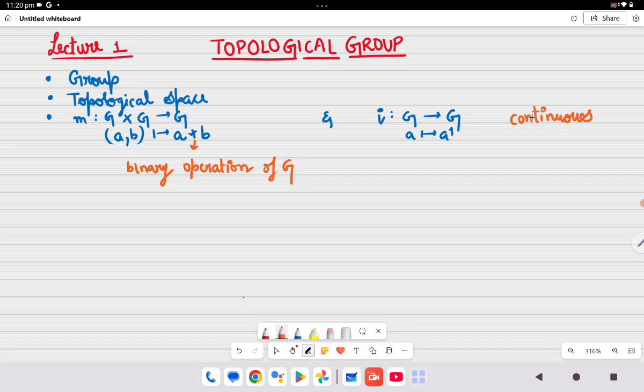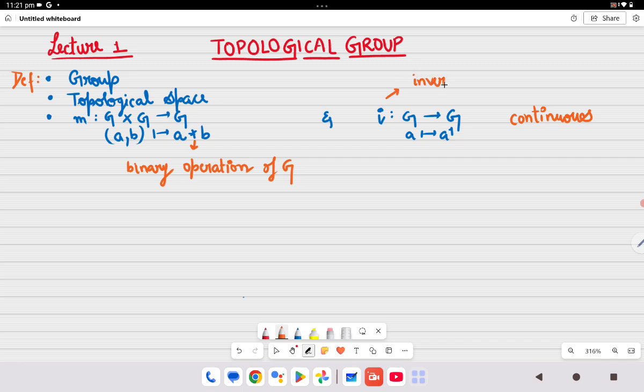Okay, so this is the definition of a topological group: a topological group is a group which is a topological space such that the multiplication map and the inversion map, this is called the